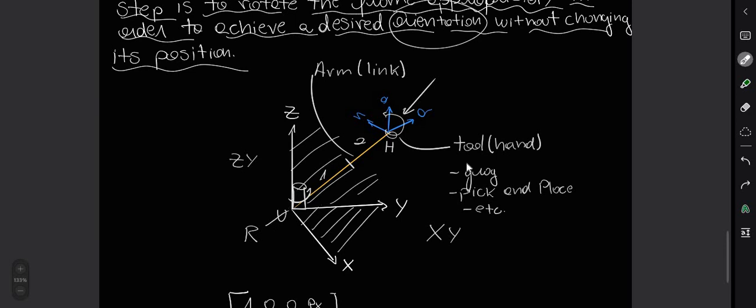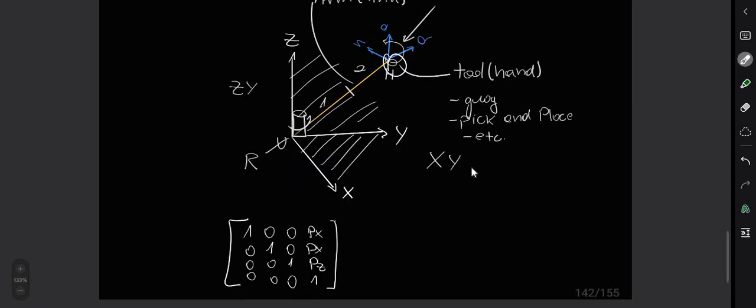If we wanted to change this position, and I don't know if the RPY matrix can be applied to a Cartesian coordinate system with this matrix, but the idea this statement is bringing is that if you wanted to change this position, this orientation, we multiply by the RPY matrix,